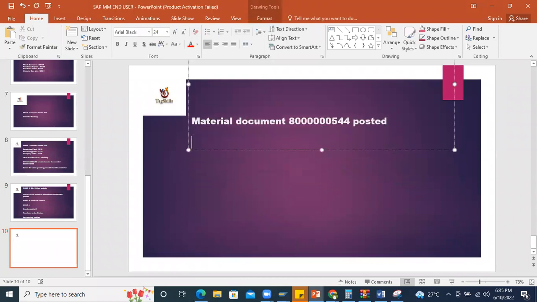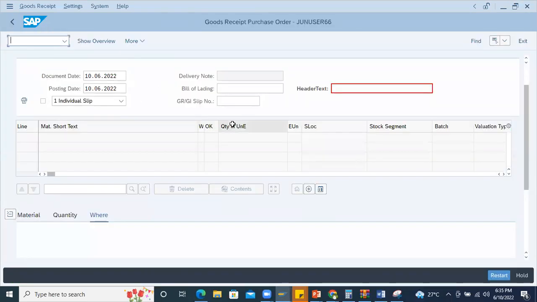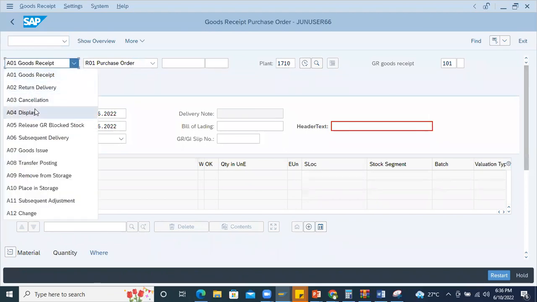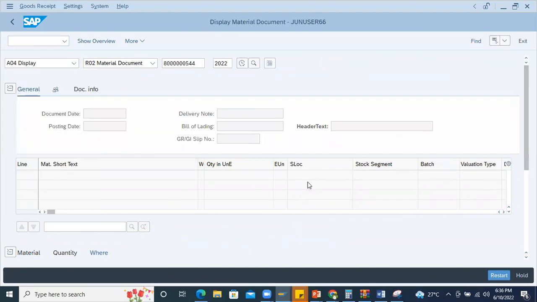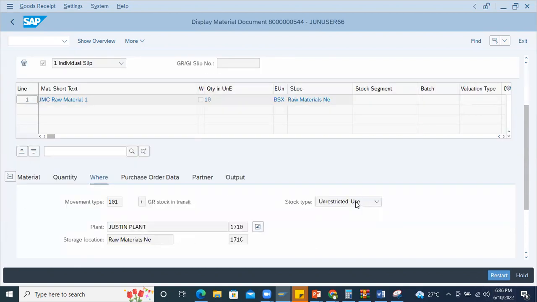Okay, then now I'm copying this and getting into the display screen. It's not required to copy directly; you can display it directly here. If you get into display here, you can display this. Or if you just missed out, then I'll tell you where to go and how to see the list of